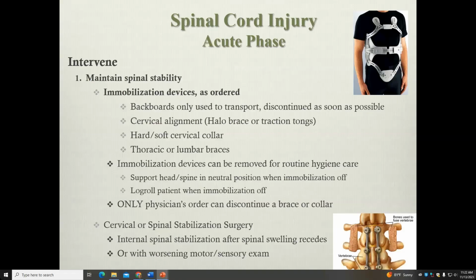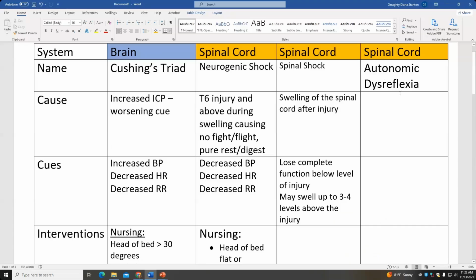So let's take a little break. We'll go into autonomic dysreflexia when I go through the interventions. But I think you have a little bit between the brain, there's only one set of cues, and it's increased ICP,